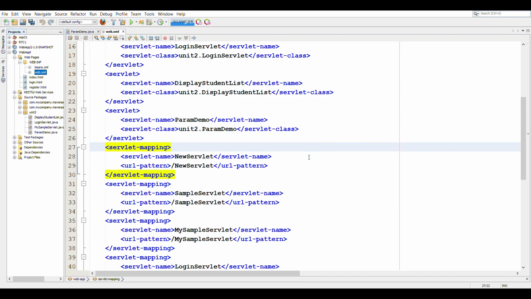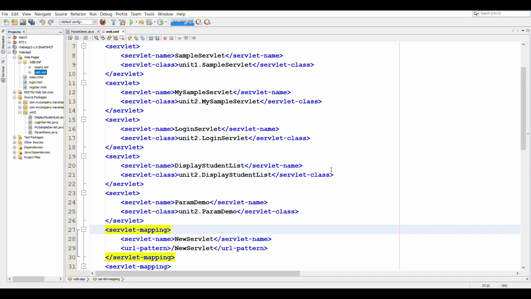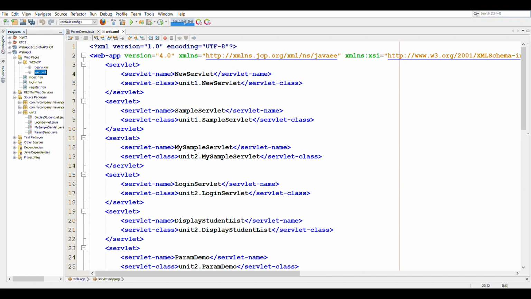This is the web.xml file, the deployment descriptor, and this file has a parent tag which is web app, and all servlets are contained within this web app tag. So here we can see that we have servlet tag for each of the servlets.